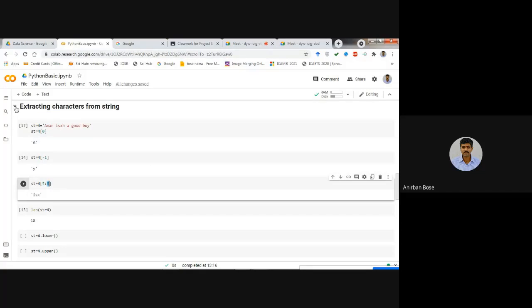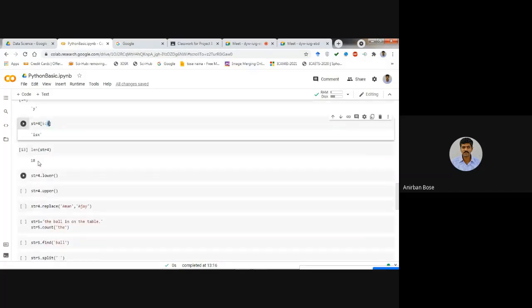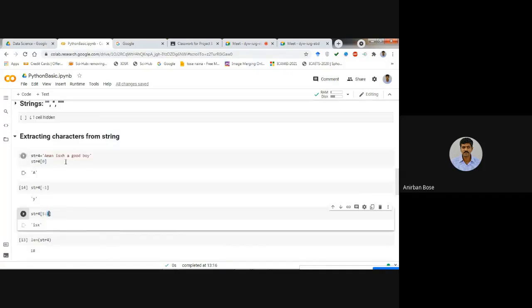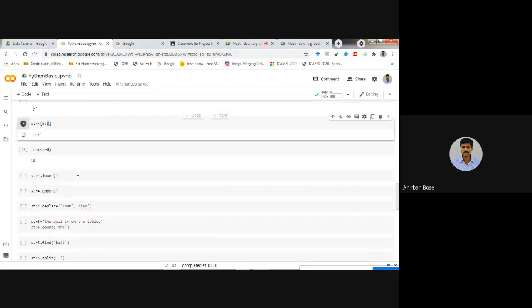Okay. So next, suppose you want to convert everything into capital letters. What do you have to do? Then you just convert it into uppercase by writing string4.upper, this particular method, and for lowercase, you just call this method string4.lower.